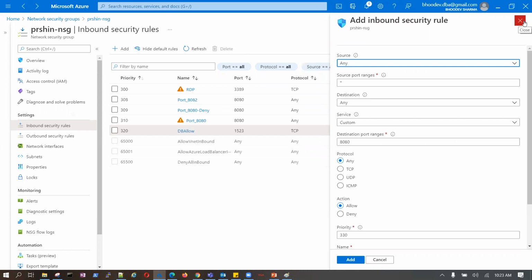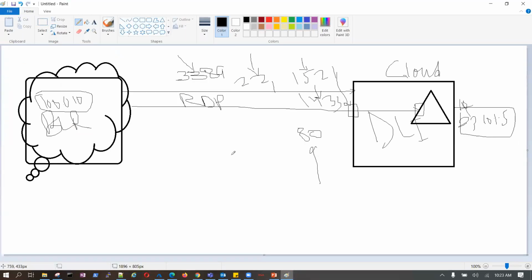Okay, to put a control. Now, why? If people traveling from France are not allowed to enter India, what does it mean? The reason is that we just put a restriction on the source, right? Yes. But where have we put it? In India. People from Pakistan are not allowed to come into India. Where did we put the restriction? In India, right? Yes. So we will put all the rules in the NSG.